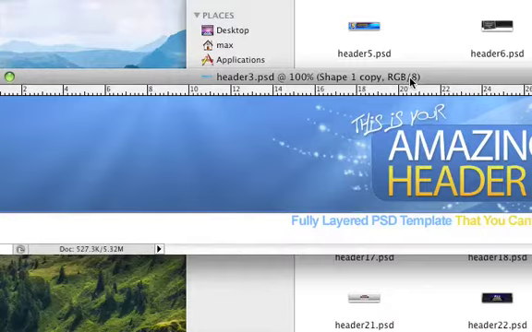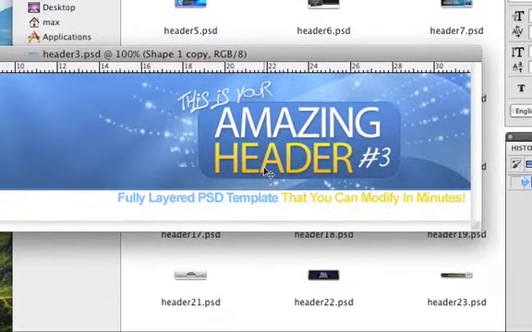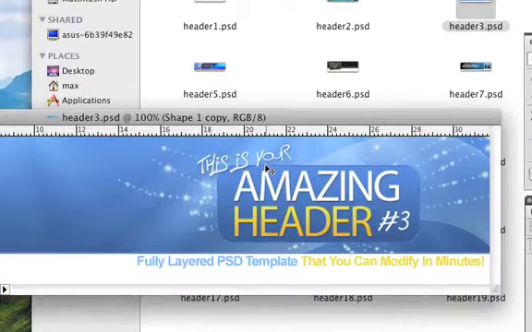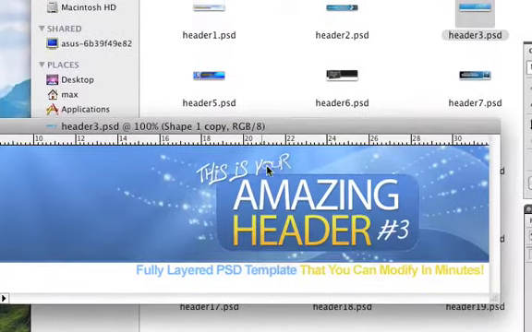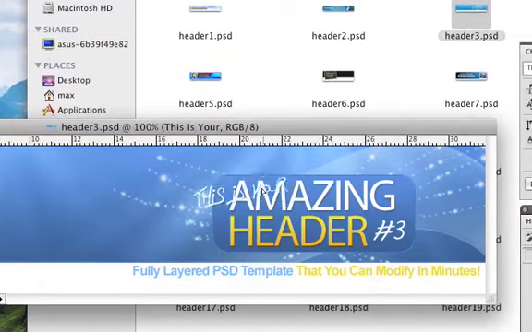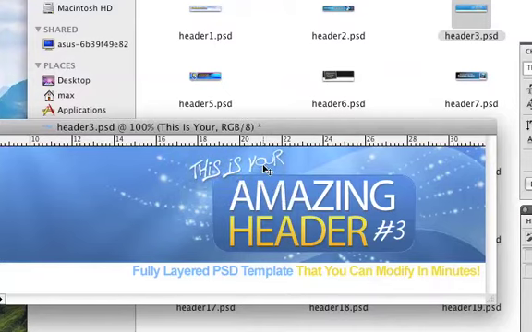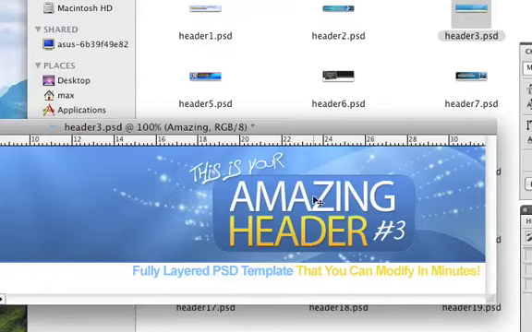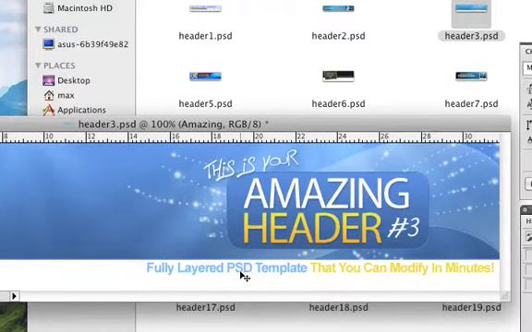First thing is let's edit some of this text here. Okay, everything that you see in the header, all of this text, it could all be modified, it could all be moved around. All of this stuff comes in its own layer, and you can edit all of these things to your liking. Okay, so you can move all of these things around. If you want to add your own text, if you want to change this to say something that you want to say, like your website name, your product name,